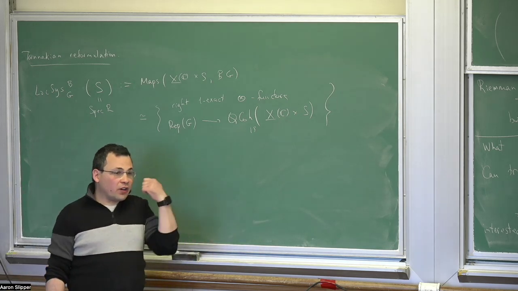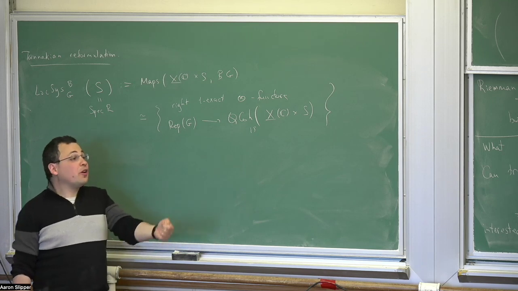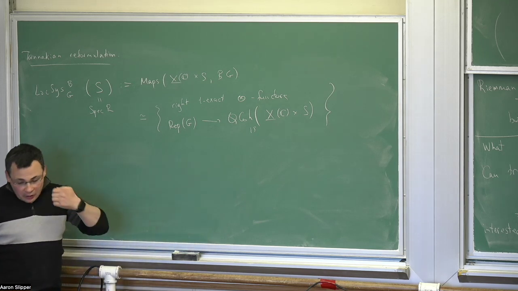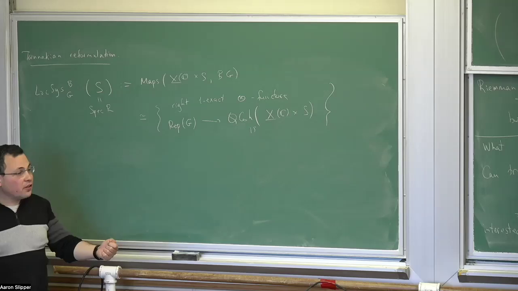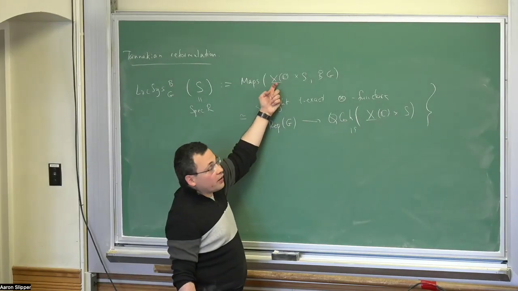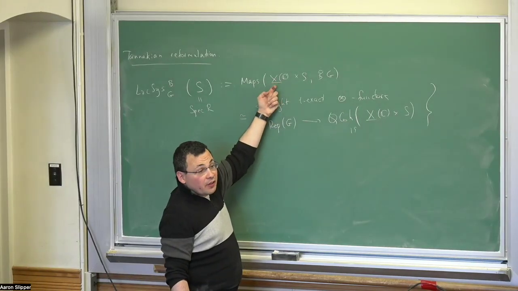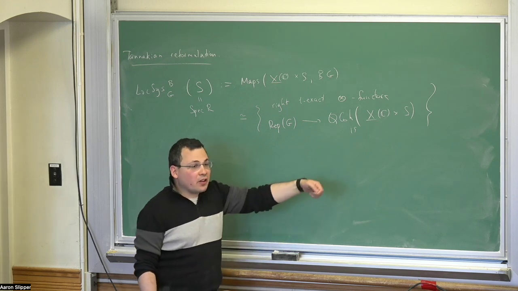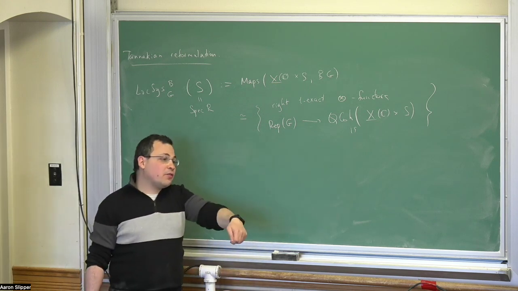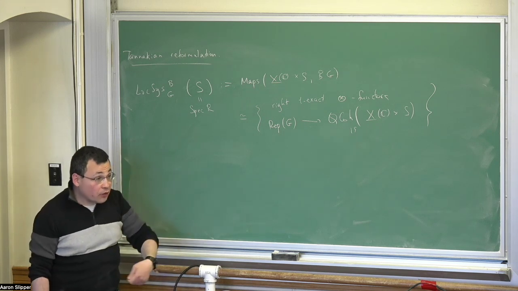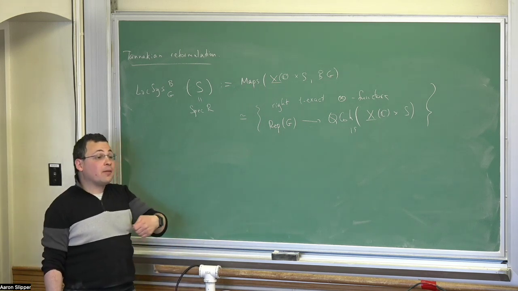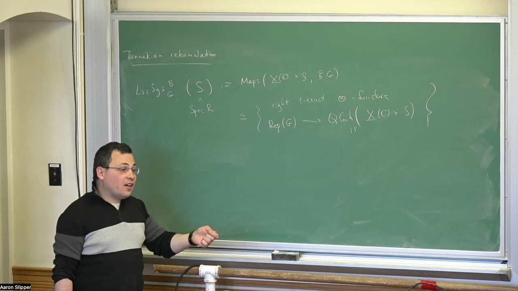For every k-point, you're supposed to get a k-vector space. In other words, for every point of X of C, you're supposed to get a vector space, and we're thinking of this as a homotopy type. So it's like an infinity groupoid: for every morphism, for every path, we're supposed to get a map of vector spaces. It's like the K-theory.